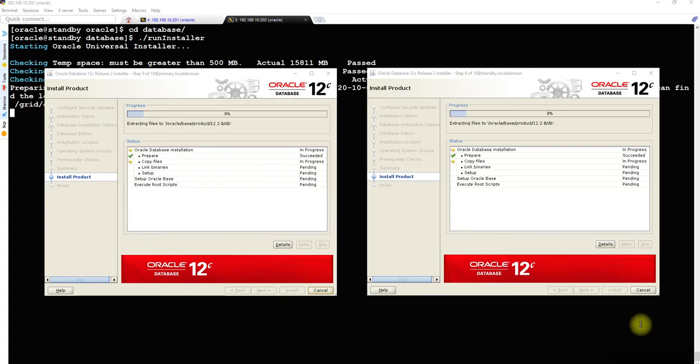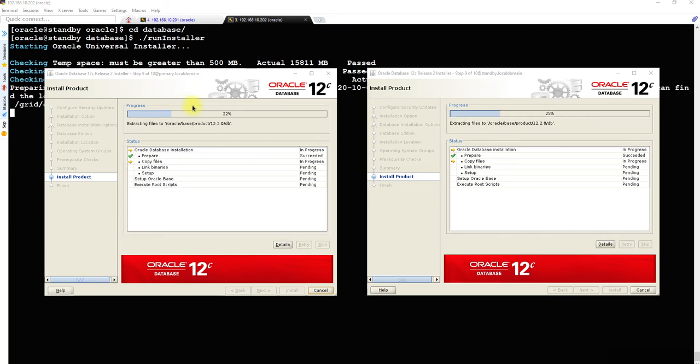Now in some moments, maybe in around 1.5 or 2 minutes, according to your resources, both of these installers will prompt you to run the scripts, which is root.sh. Okay, so we need to make sure to run each script from each server using the root account.